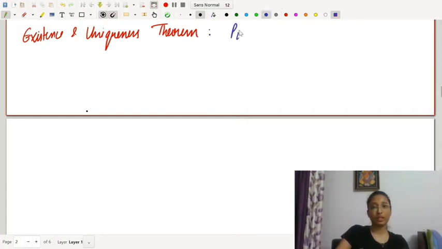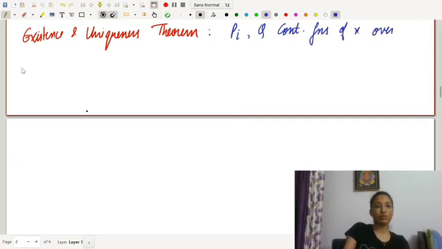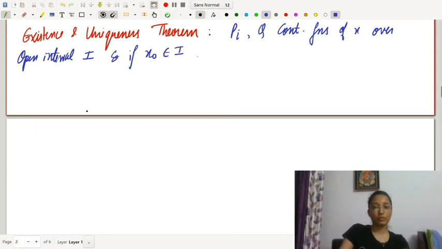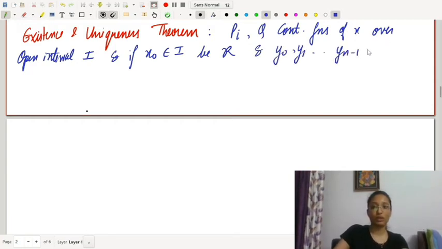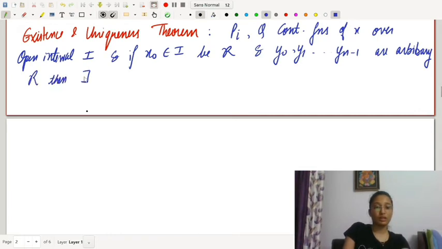Now let pi and q be continuous functions of x over an open interval I, and if x naught belonging to I is a real number, and y naught, y1 up to yn minus 1 are arbitrary real numbers, then there exists a unique